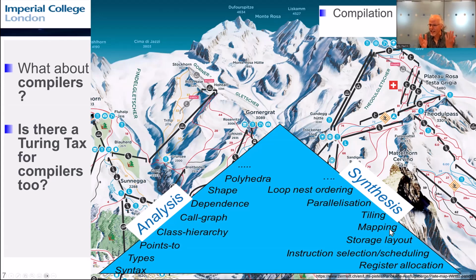And the analogy with skiing, compiling is like skiing, is this is an uphill trudge. And sometimes we have automation, we have tools, we have ski lifts or something that can take us some of the way up. And the higher we can get, the better the paths down the mountain are, the better the code we can synthesize will be.